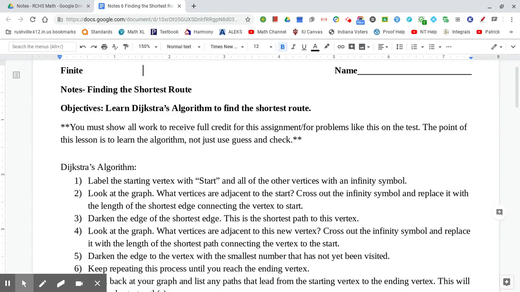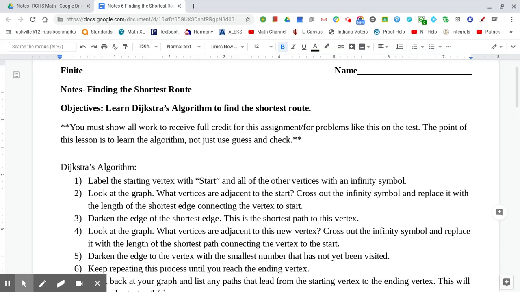Welcome back, students. Today we're going to be looking at another problem that we see in graph theory, and that's called finding the shortest route. All right, so think about if you were to reach into your pocket and pull out your phone and type in for directions to get from here to Indianapolis. This is a very oversimplified explanation for what that computer inside of your phone is doing